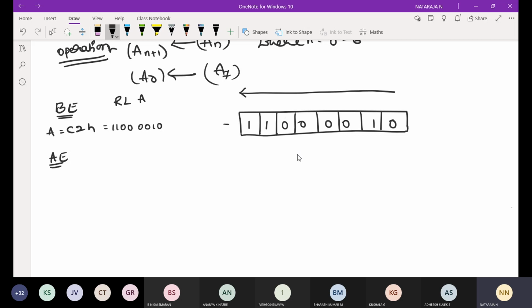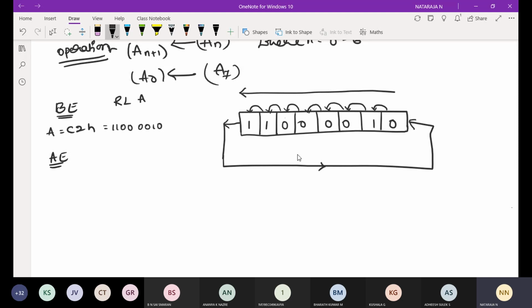Left means this bit will be coming over front, so that this will be moving here, this will be moving here, and so on. Before execution, like this.